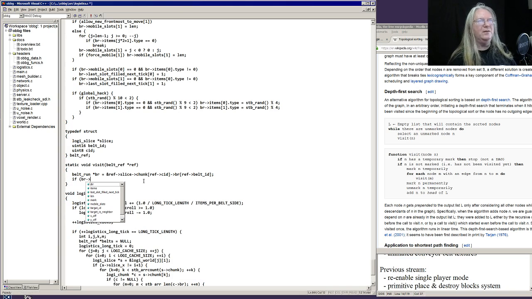So if br arrow mark equals temporary, now when we marked it temporarily,